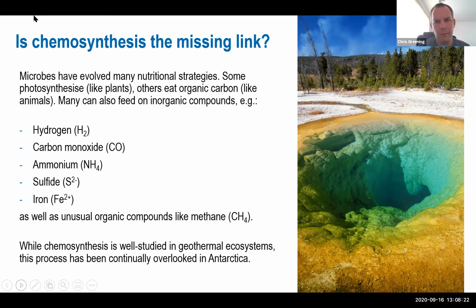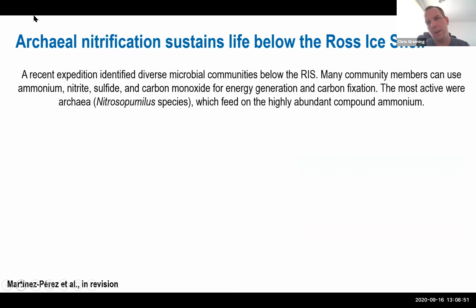Antarctica, on the other hand, hasn't received any attention really at all for chemosynthesis, largely because people don't think the inorganic compounds there can sustain chemosynthesis. But what I hope to convince you today is that this is probably not the case, and actually there's a low but consistent amount of inorganic energy sources such as hydrogen, carbon monoxide, and ammonium that's sustaining life in this region. This is the study on the Ross Ice Shelf, and I won't talk about it in great